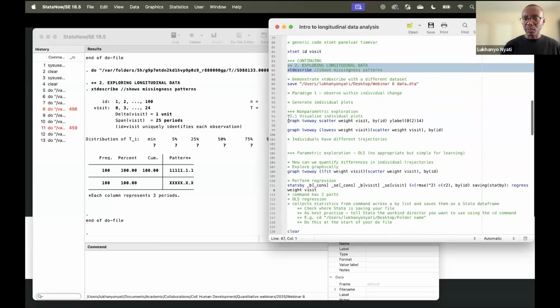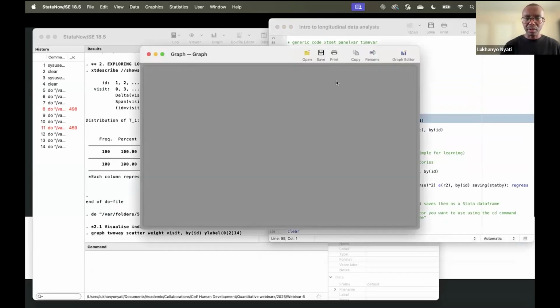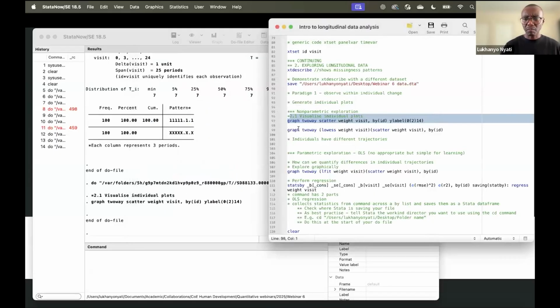Then, like I showed you earlier, I don't want to run this again. This is just an alternative. I did say that I'll provide an alternative to R where possible. These are just some ways of visualizing your data in Stata. So this should generate a scatter plot. It is running and it's taking time and it's appearing in a new window. All right, so these are individual plots. You can see the pattern of each child, and similarly, you can